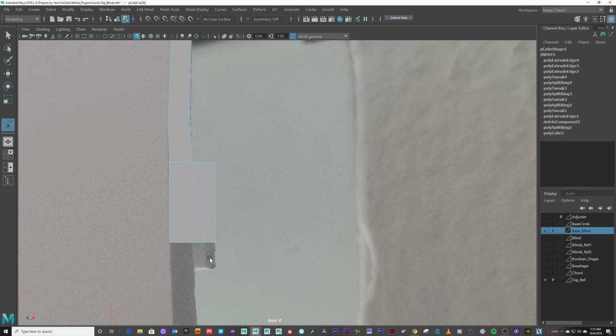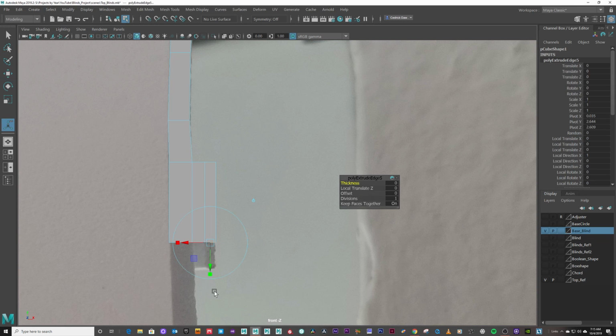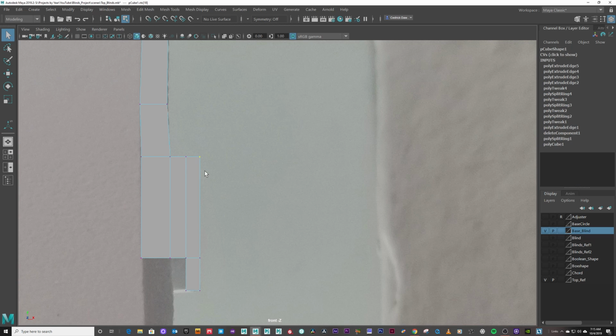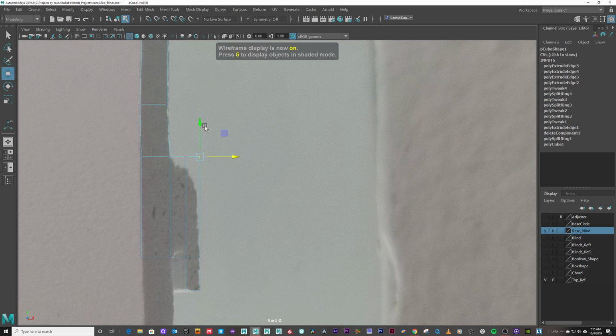Let's take that tiny little edge right here, Control E, and move it straight down. And now we will right mouse click and hold, go to Vertex, highlight that vertex, press W, and then we can press 4. Oh, I said that we were going to bevel this edge, so